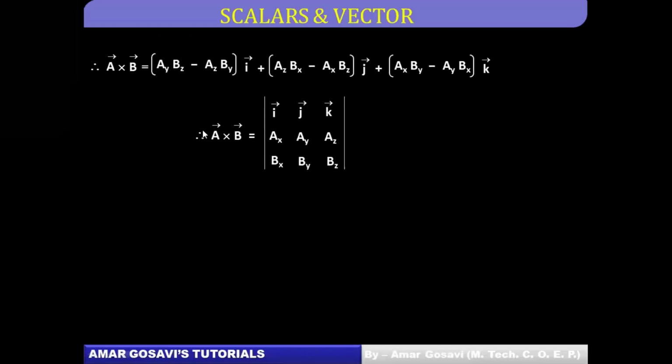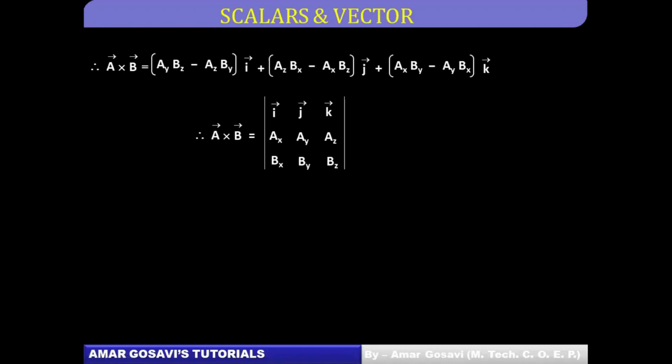So ultimately what I mean to say is, if you want to find the cross product A bar cross B bar, you have to put it in terms of a determinant like this. And how to open the determinant? So this is the order of opening a determinant, friends. So very crucial step, very important step.